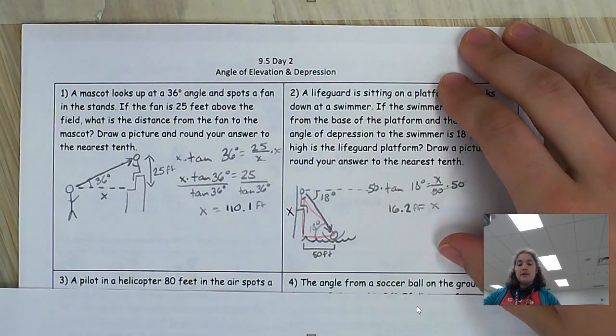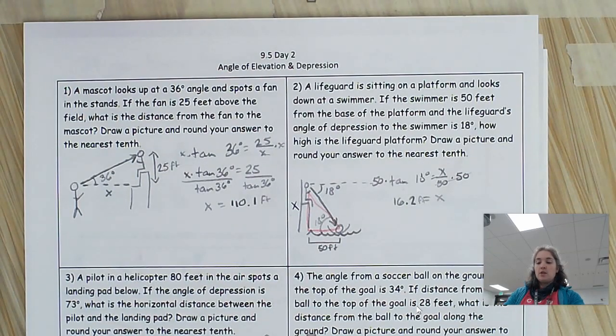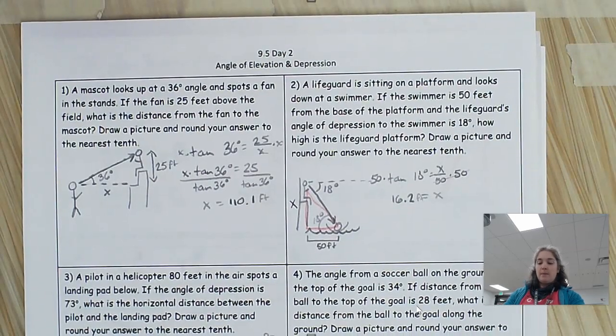All right, our next one, number 3. We've got a pilot in a helicopter. He's 80 feet in the air. He spots a landing pad below. The angle of depression is 73 degrees. What's the horizontal distance between the pilot and the landing pad? So this is our x, right? Is the horizontal distance. We've got 80 feet up. You could draw your picture slightly differently. So you could draw this triangle down here, but in the end, you're still using tangent, and you should get